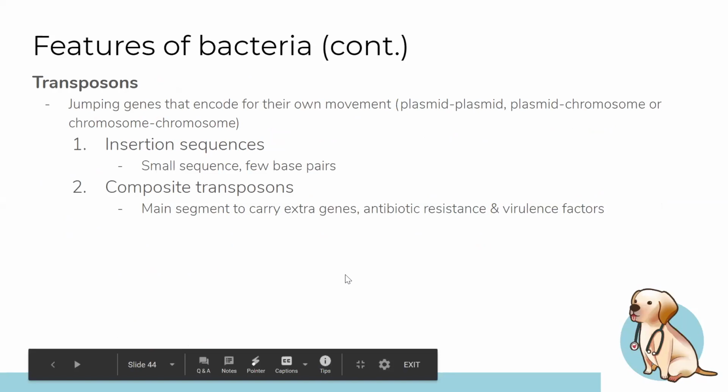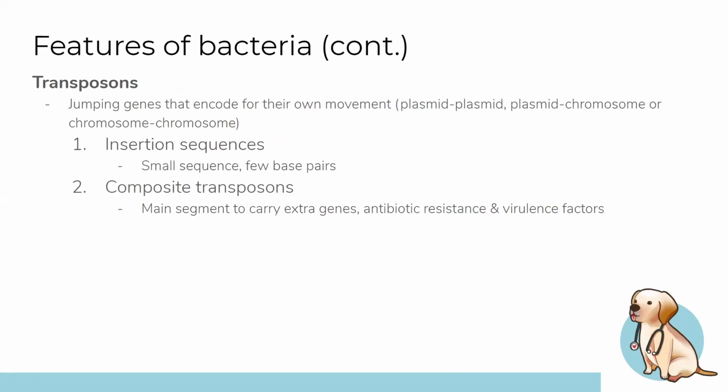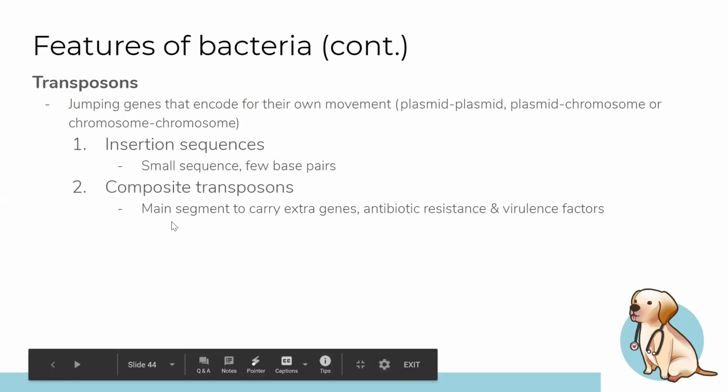And the last feature of bacteria that we're going to look at are transposons. They're really cool jumping genes. They're mobile DNA elements, which often carry resistance genes, and they can move DNA in a number of different ways. They can go from plasmid to plasmid, from a plasmid to a chromosome, or from a chromosome to another bacterial chromosome. There are basically two main types of transposons, insertion and composite. And yeah, that brings us to the end of